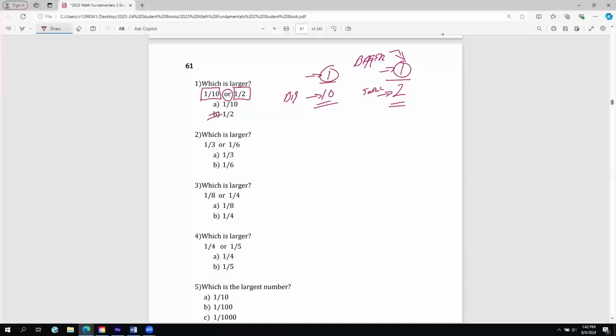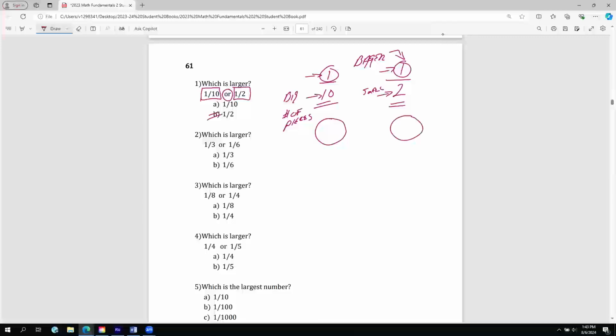That 10 represents the number of pieces. And if I cut something into 10 pieces, that's very small versus cutting something into 2 pieces and then giving you 1. Again, if I show you pictures,